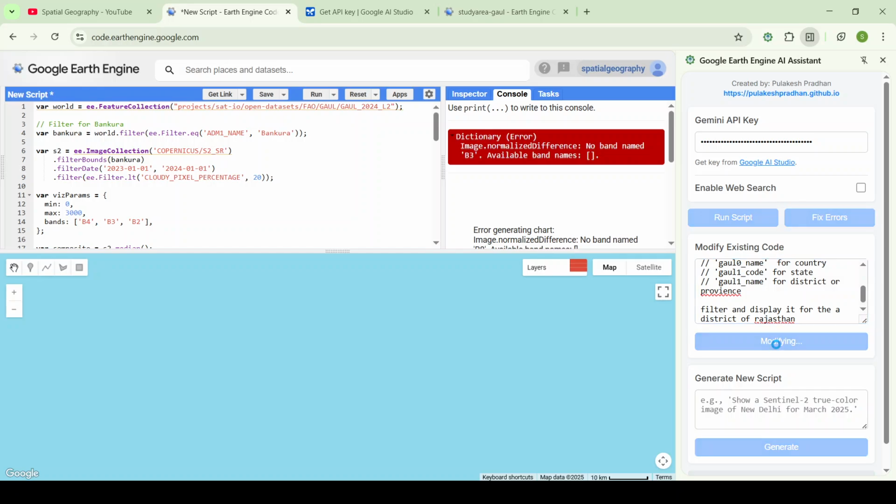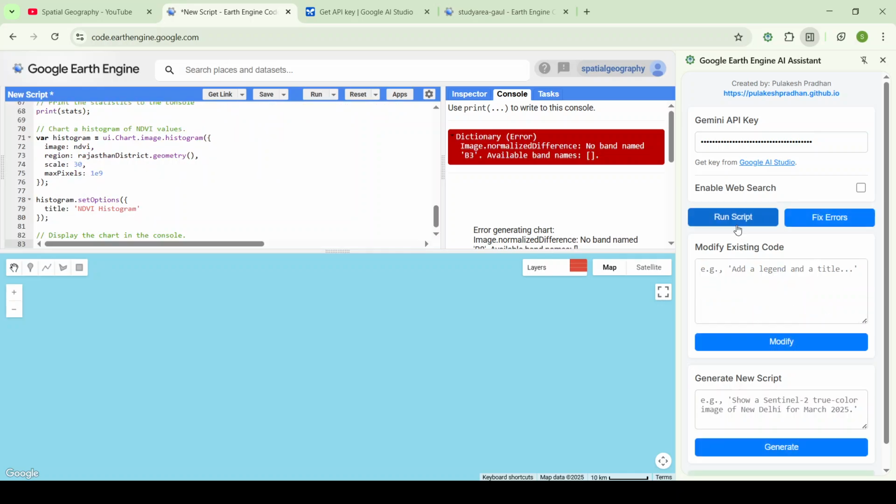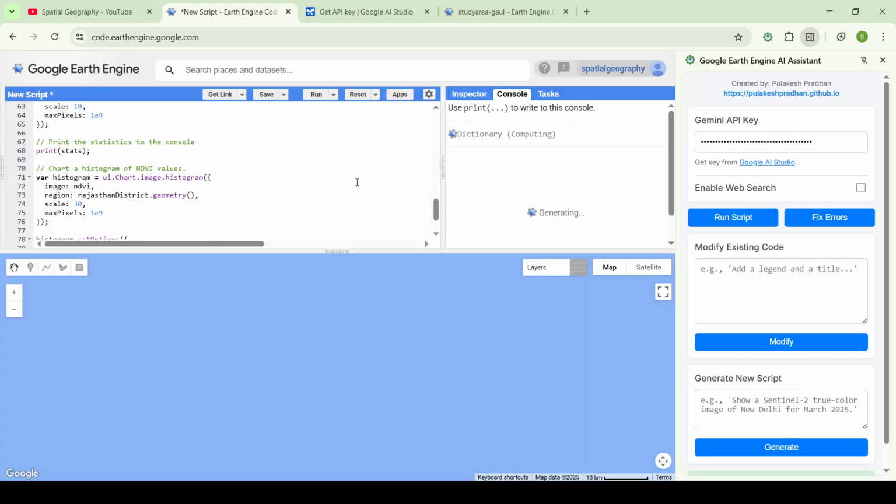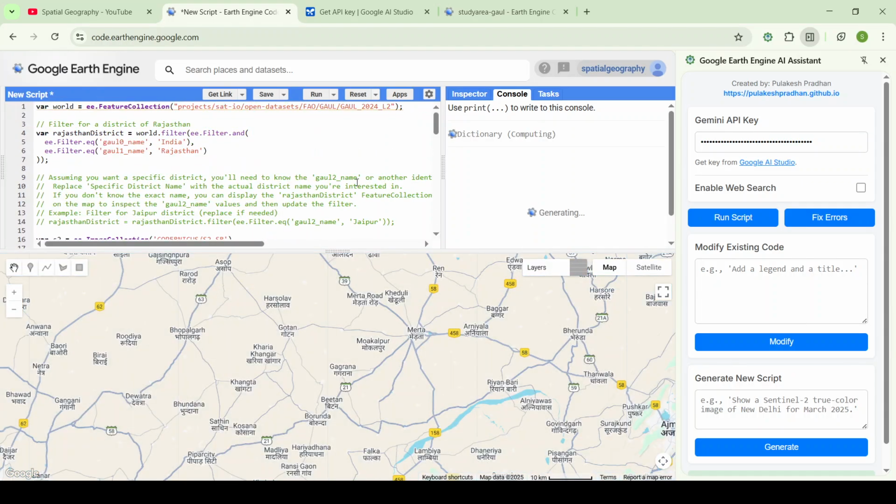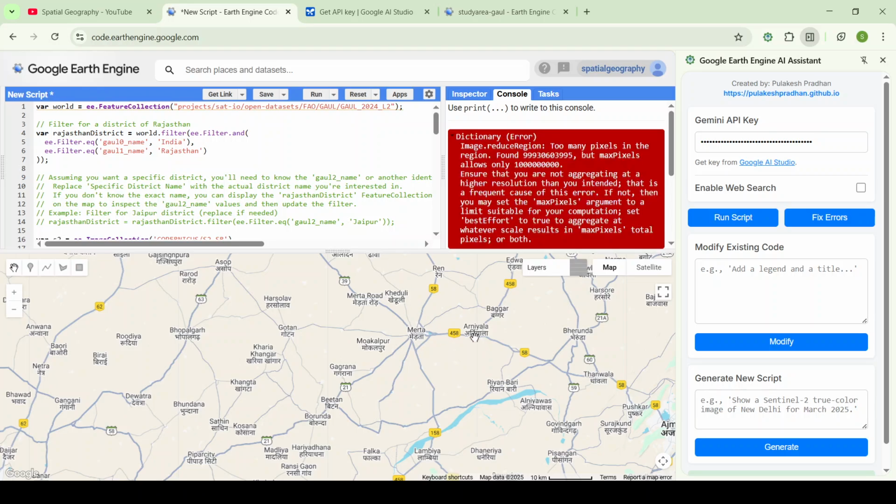It encountered some error. Let's fix it. Okay, the same problem exists. So a district of Rajasthan, right? The Rajasthan it has taken,